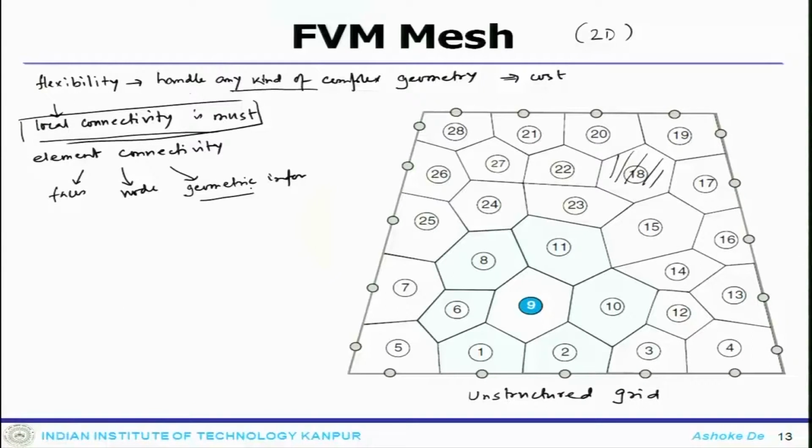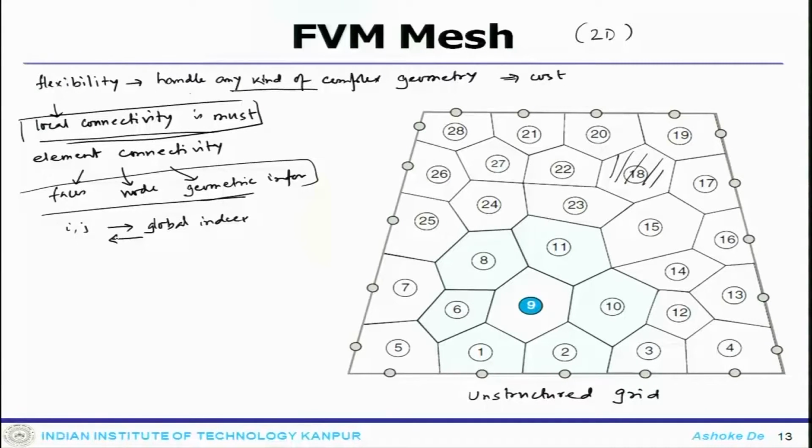So, one particular element in an unstructured system needs to have all these issues or the information. So, one has to take into account all this information in its data structure for the programming. If you compare a structured and an unstructured system, you could see the involvement which is required in this kind of system, since in a structured system it was nicely ordered. So, if you just keep track of local indexing like i, j, from there you can always go back to global indexing and vice versa.